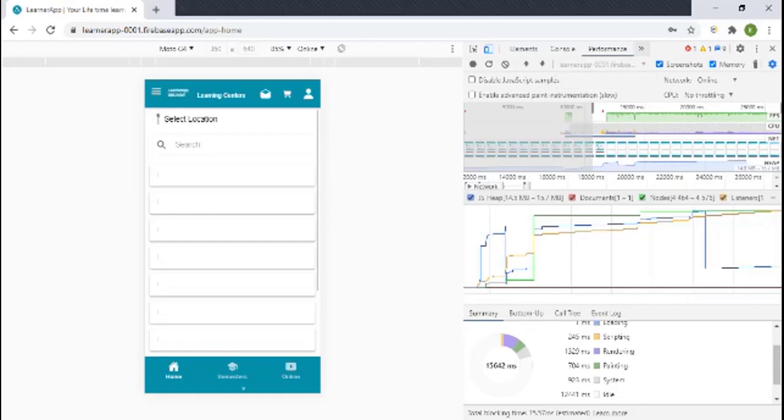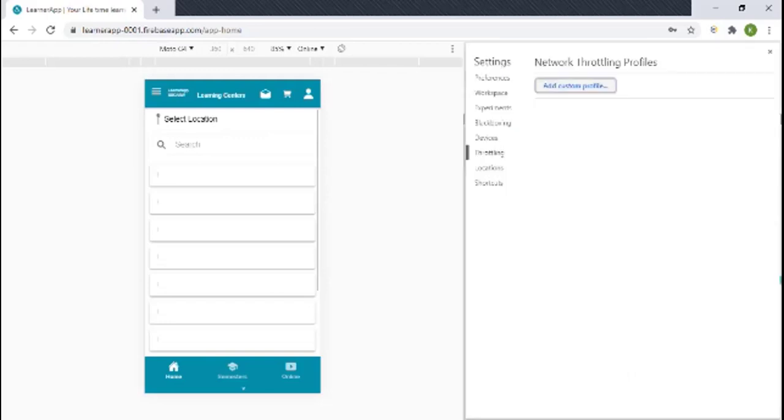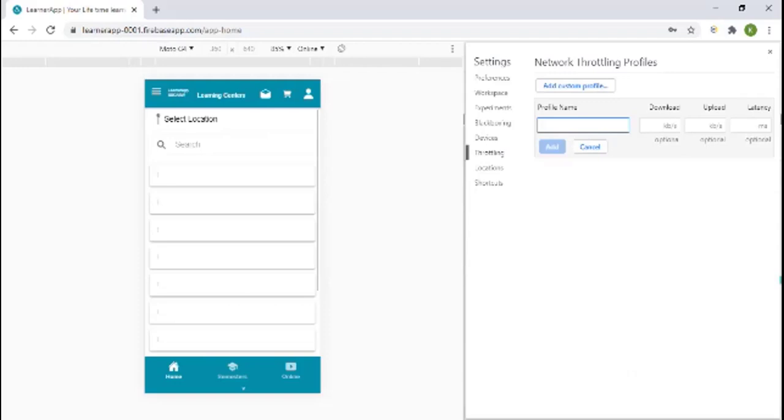Similarly, if you want to measure it in the network tab, select network and check how much time it is consuming when we are in a low network area. You can check slow 3G, fast 3G, and you can add a custom profile also. Like on our mobile screen, in the network area, when the network towers are there, you can see how many kbps you are getting. You can enter those values here and check according to that. This is how you do the performance testing.